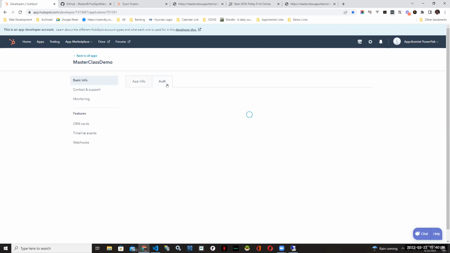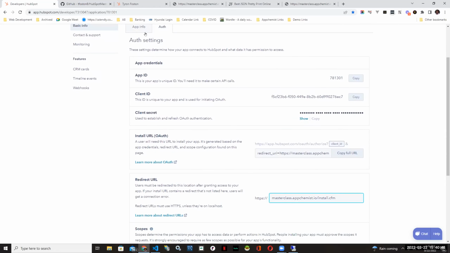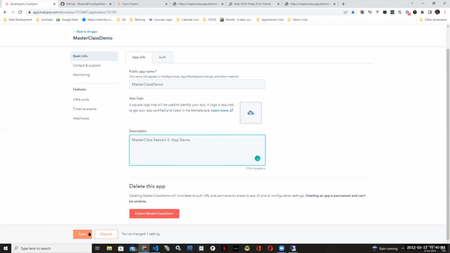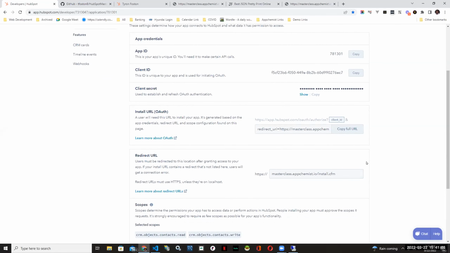And then you're going to come over here to the auth part. The auth part is what essentially helps delineate your app from other people's. So when you submit your app, and by submitting, I mean you're basically just going to fill out this app ID form. If you come over here, you get the save option. And once you get the save option, this auth part is going to populate. So you'll get an app ID, a client ID, and a client secret. And then what you will have to do as part of the authorization in the OAuth process is you need to specify somewhere on the internet,